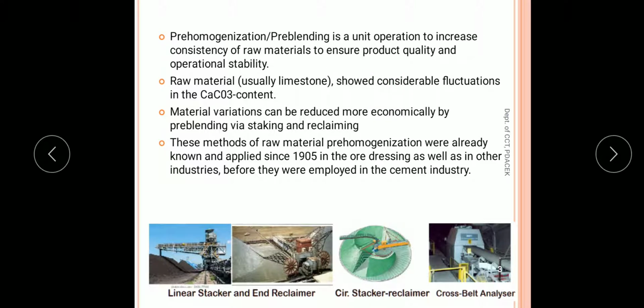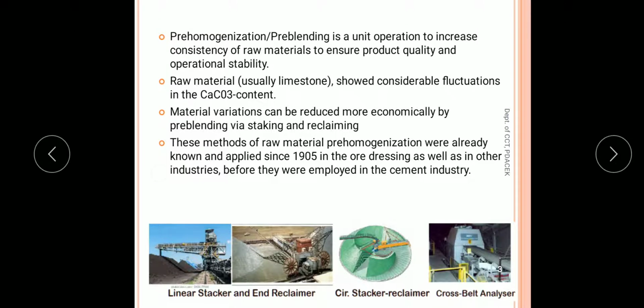So they were looking for other alternatives to avoid this problem, and in 1905 they came up with this pre-homogenization concept, which can be done via stacking and reclaiming. These are the two processes which are done to ensure there is a pre-homogenization of raw mix.